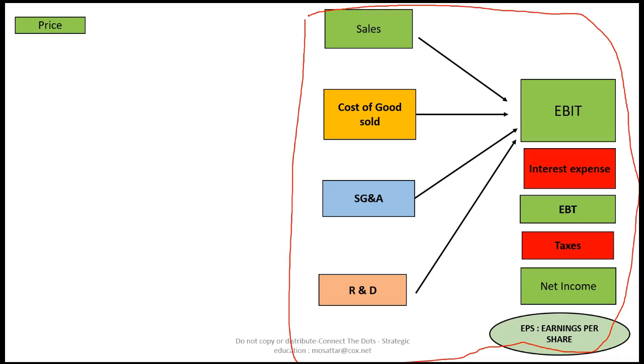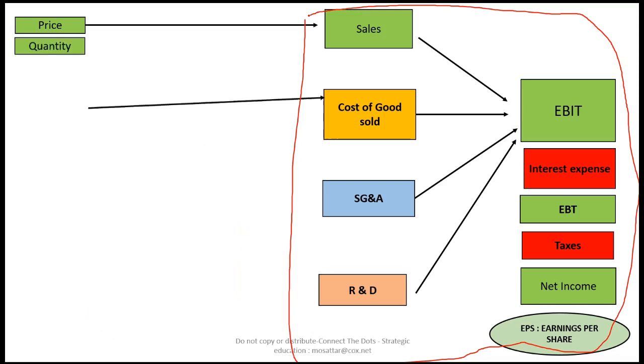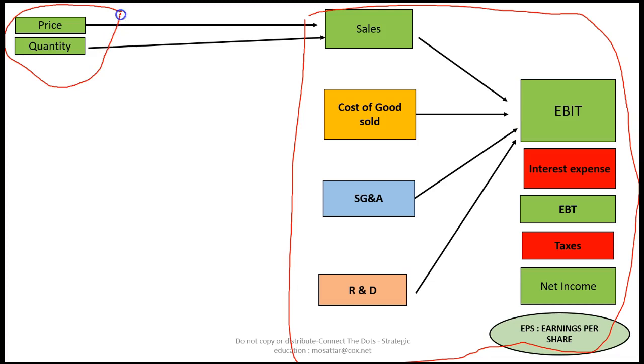So now let's look at each of the components, again at a macro level, but hopefully you'll get a pretty good feel for it. So you have sales, which has two pieces, obviously price and quantity. How many we're going to sell at what price, and there could be more than one product, and each will have a price. So from a strategy perspective, if you are looking at your marketing strategy, what you want to do is to say, how does it affect either the price or the quantity? Because obviously, if either one of these changes, it is going to change the sales.